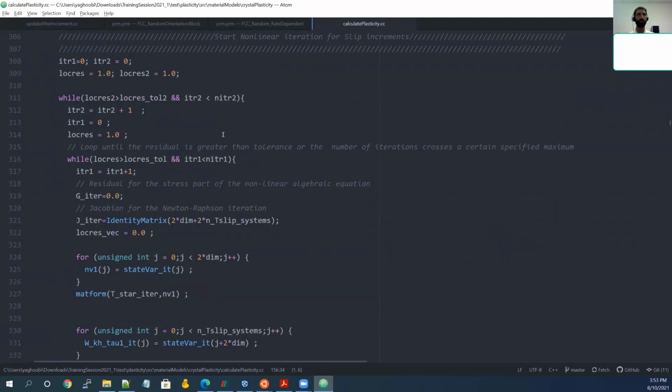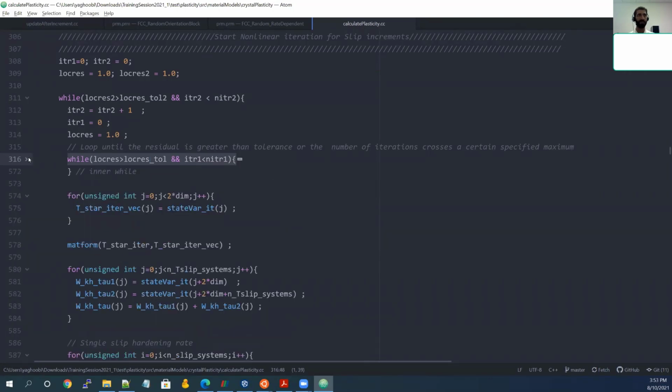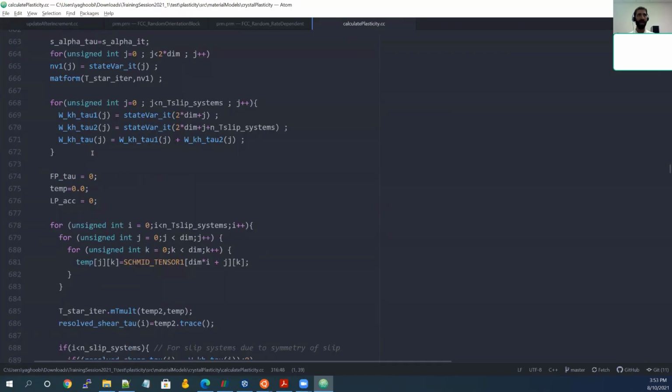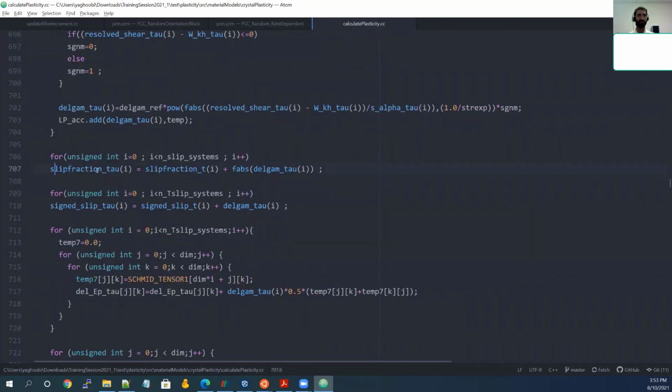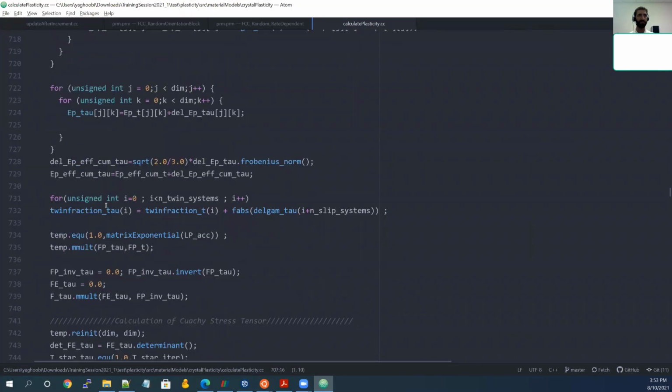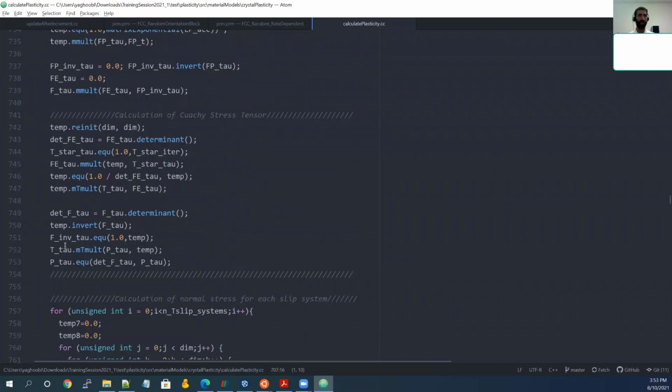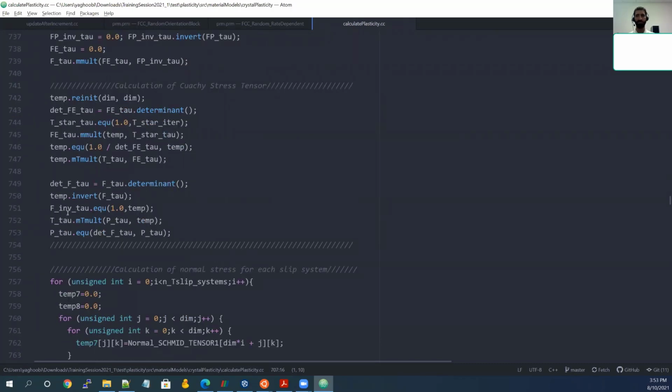So these two, the first one is this one, the second one is this one. These are two inner loops to integrate the crystal plasticity model you have. After that, you have everything. So you can just pass the information you have into the TNF as a tau, which means that you're done